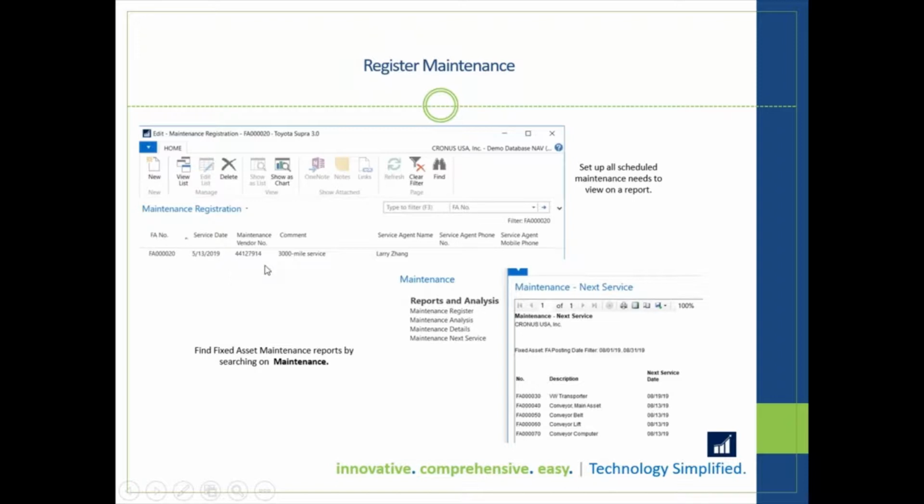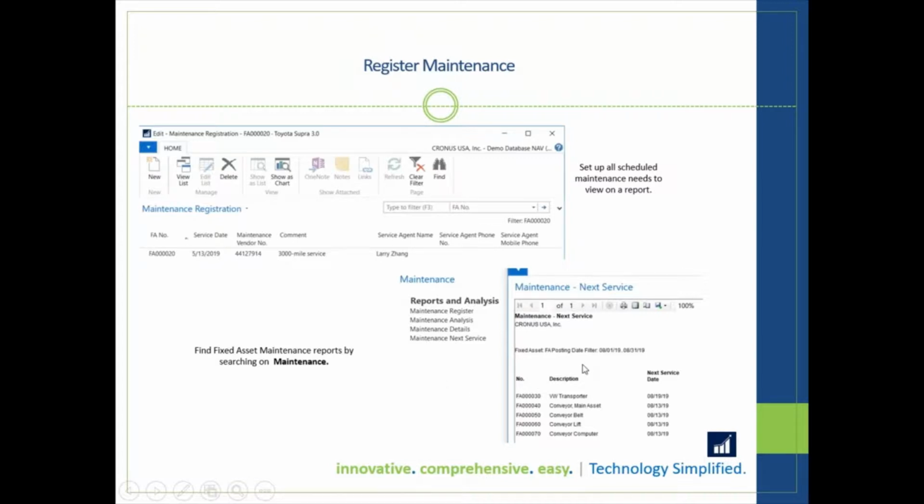Like, potential dates that you might want to do oil changes or change the tires or something like that, and just list the maintenance vendor. This doesn't necessarily automate anything, but if you put dates in here of potential dates where you might want to do service or keep track, there is on the list of reports for maintenance under reports and analysis for your